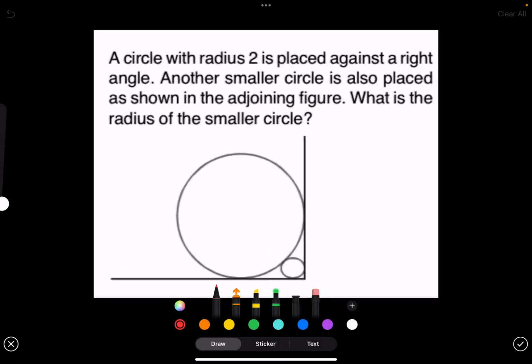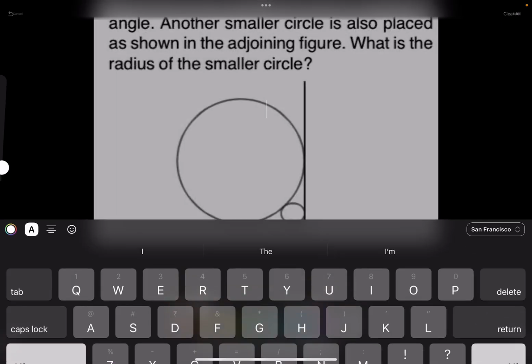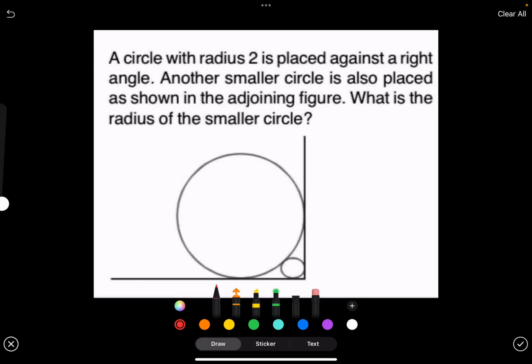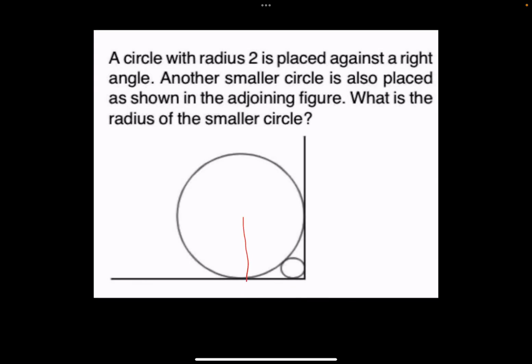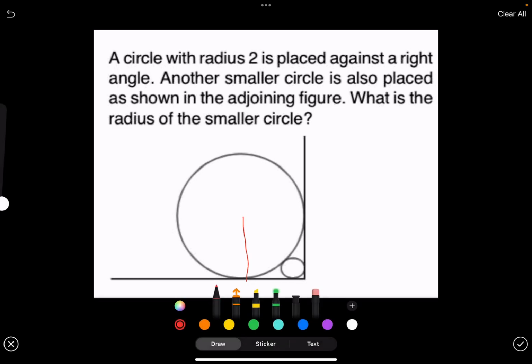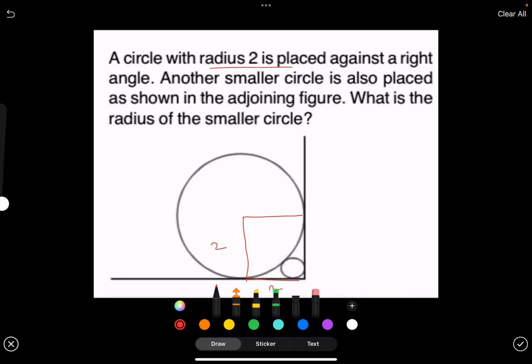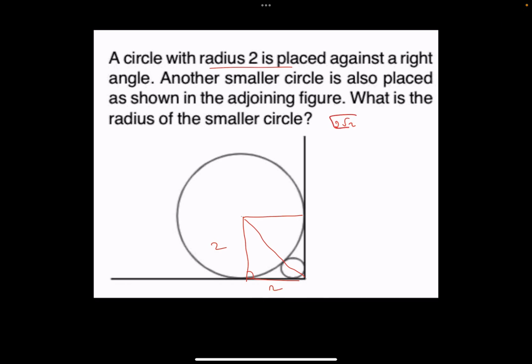Okay, so we'll suppose this smaller circle has a radius r. Now see, here you can see, this length will be how much? This length will basically be the radius of the bigger circle, so this will be 2. And this will also be 2. So now this will be how much? This will basically be the hypotenuse, because this is 90 degrees, this is acting as a tangent, so this complete length will be 2 root 2. Remember, we'll keep this on hold.